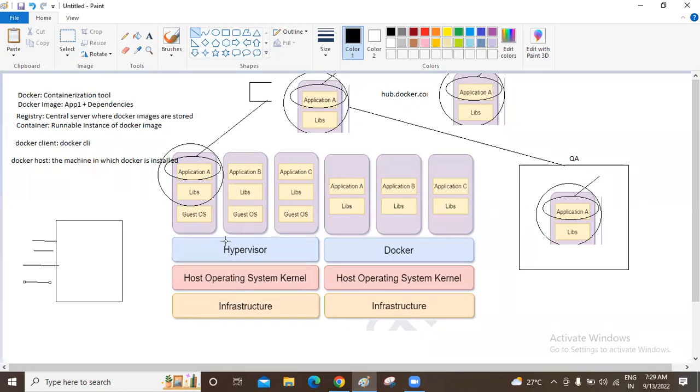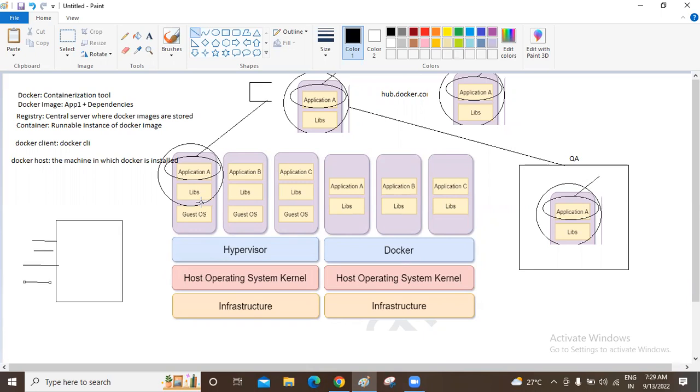We have to install a hypervisor on our Windows host. This is called the host operating system. That is our Windows operating system. Just to make the difference, we are calling it the host operating system. For example, this is my Windows machine. I have installed Windows on this. That's why it is called a Windows machine. My project requirement is that the developer needs an Ubuntu machine. In that case, what do I have to do? I have to buy new hardware, a new laptop, and install Ubuntu on that. Okay, that is one possibility.